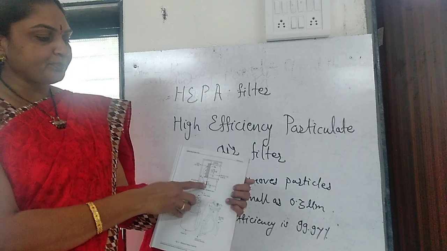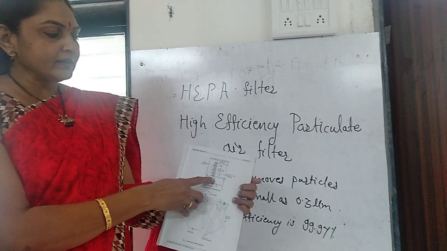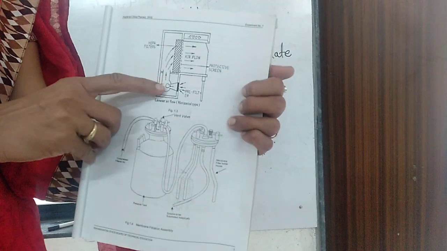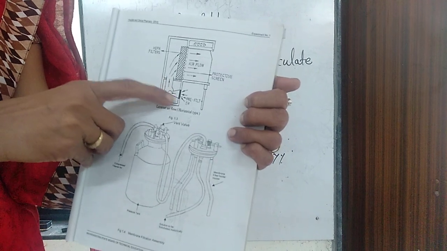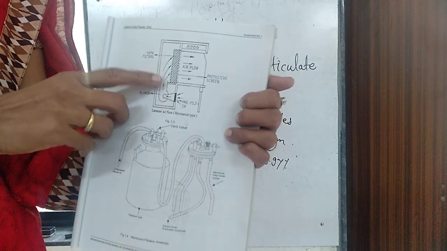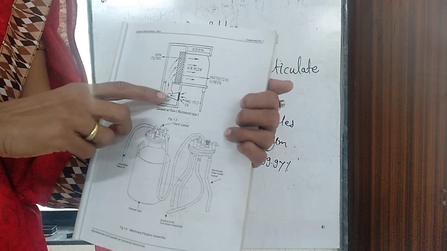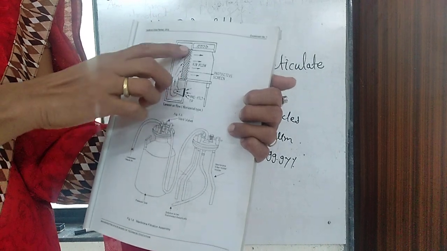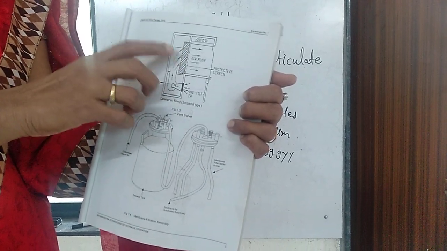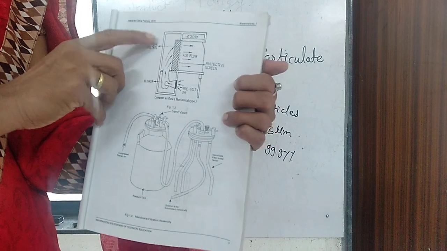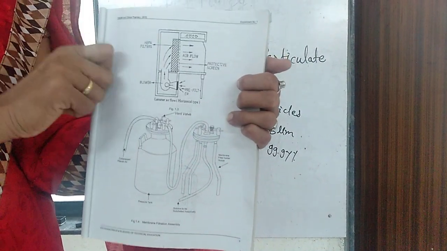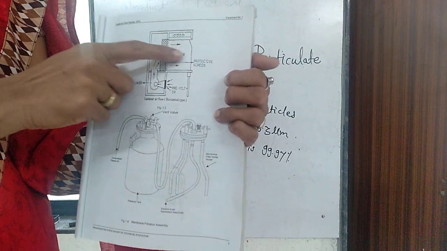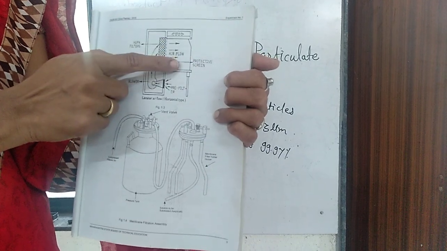Here that black color is the pre-filter. The coarse particles get removed by the pre-filter. Then here the blower is there. Here the particles will be removed. Here the smaller size mesh, that is the HEPA filter. At the upper side UV lamps are there. Whatsoever air is flowing, this airflow is sterile air.